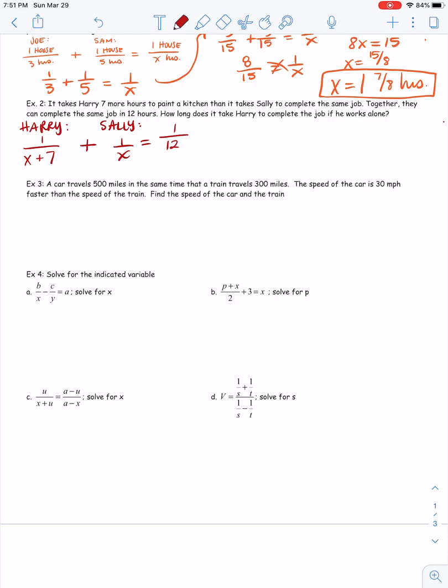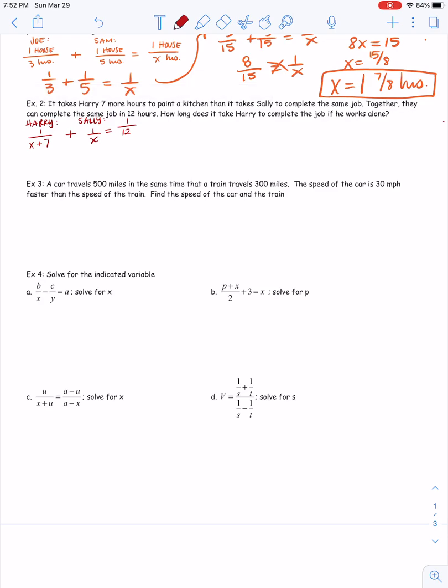I'm going to get that LCD on the left-hand side and cross multiply. That LCD on the left-hand side is not x plus 7. You cannot just add 7 to that second fraction, okay? You have to have an LCD, and this time it's going to be x times x plus 7. So rewriting these fractions,